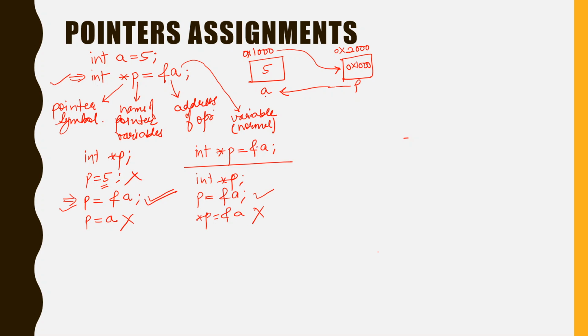This is right. Okay, why is it right? Because this was only a declaration step and the initialization was done. So in initialization, it is permissible to assign the address directly to the pointer variable. But if you want to do it in sequential steps, then you have to use p = &a, not *p = &a. Now let us understand why.